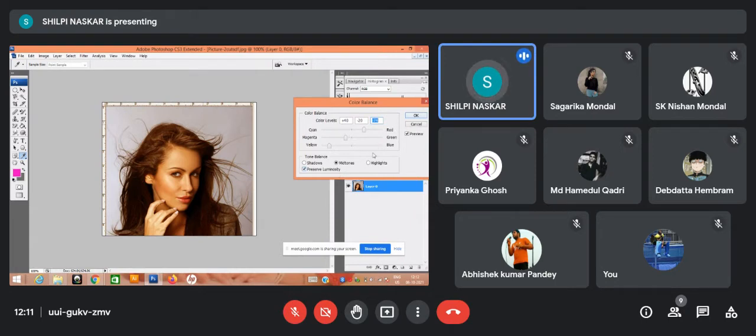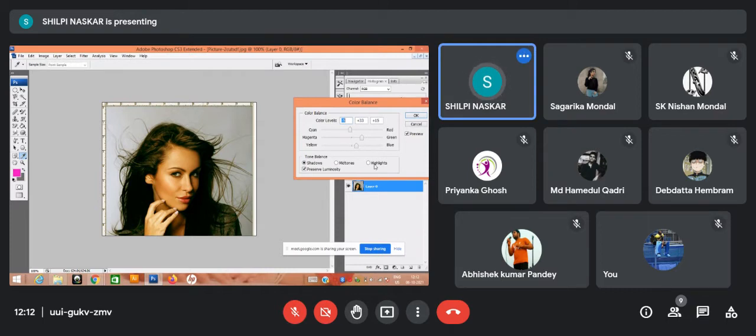This kind of color balance I have done in the mid-tone region. In the shadow region, I want to make it a little bit bluish, so it has become dark again in the shadow region, and it's a little bit greenish. I'm doing it for the color balance of the shadow region.